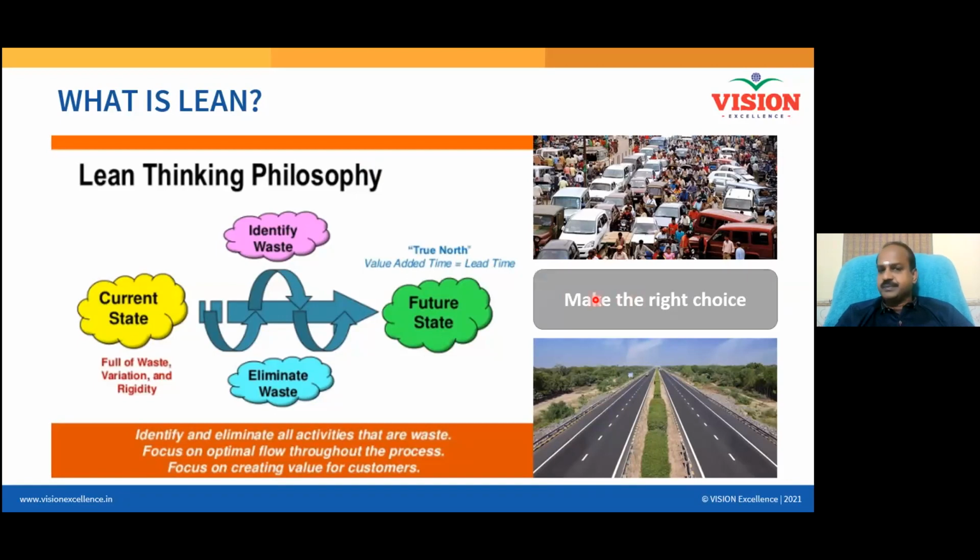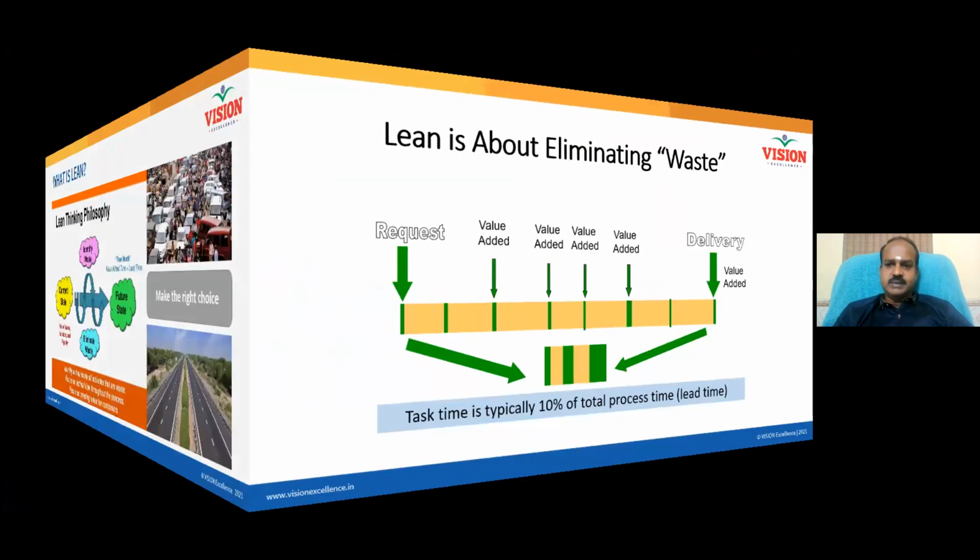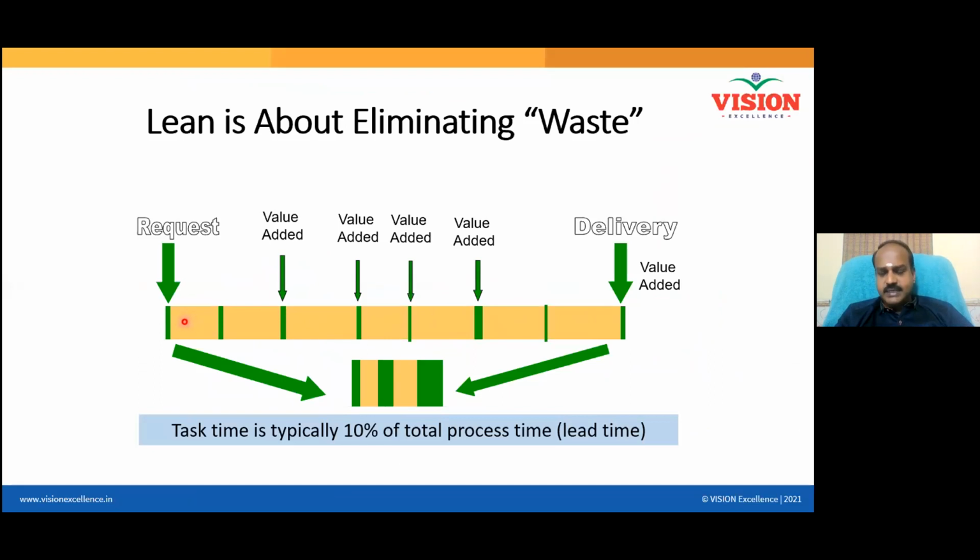And see here, the process before lean contains, process means lot of activities. And some of the activities are green color, some of them are yellow color. The green color are nothing but the value adding activities. You know what are value adding activities? Customer is ready to pay for it. For example, you do machining, you do welding, you do packaging. All of them customer loves.